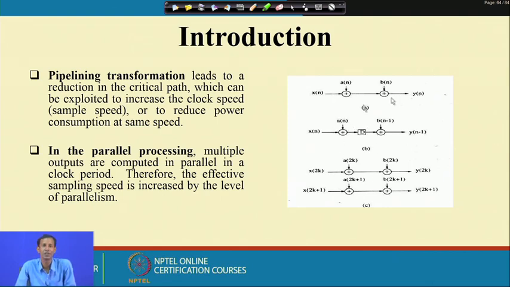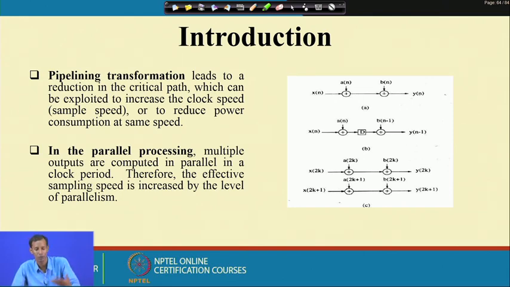At that time what is the limitation? I cannot reduce this more than the critical path, that is restricted to the delay of this particular adder. So, I cannot achieve a clock period lesser than this. So, this is the critical path, or the maximum operating frequency of that circuit, which I can achieve. But I need to increase the corresponding sample speed by more.